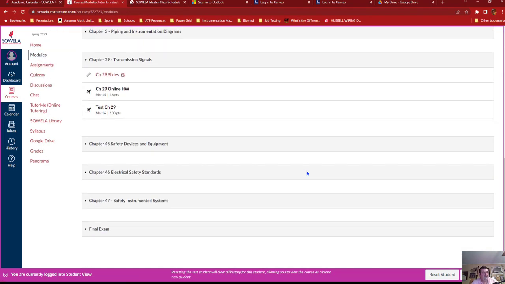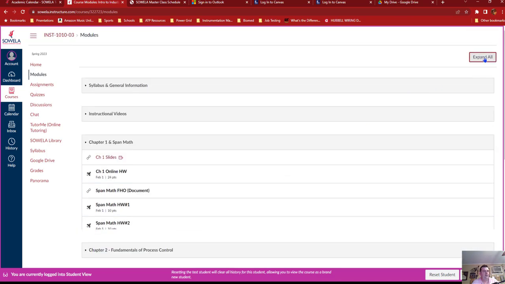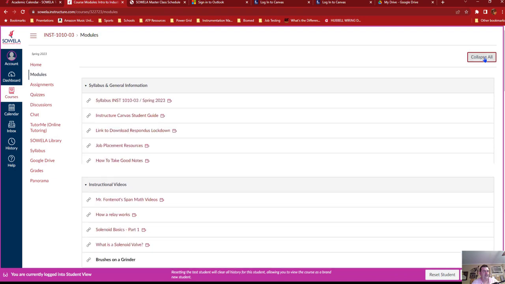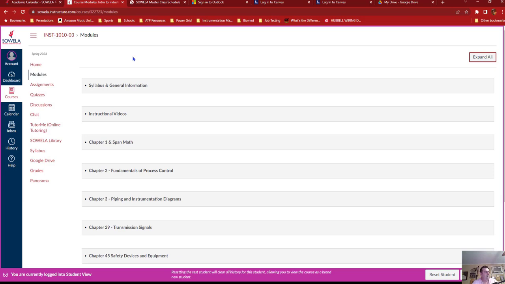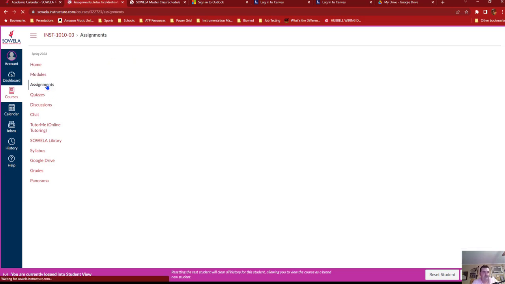That covers our modules. You have the chapters we will cover. Each chapter gets its own module, and then there's the final exam. You can collapse all the modules and expand all the modules with this button right here. Another way we can view all of the information that we're going to be covering this semester is by clicking